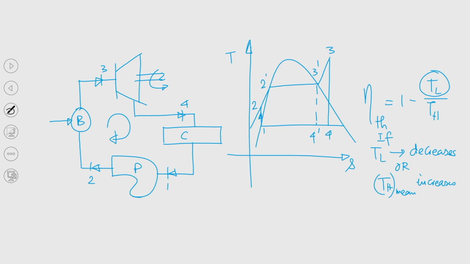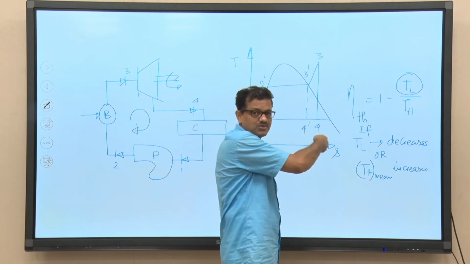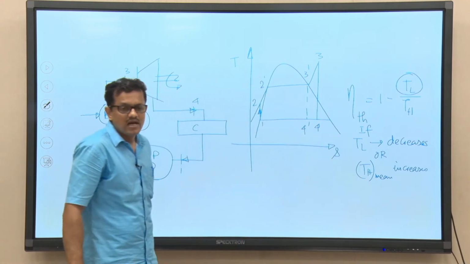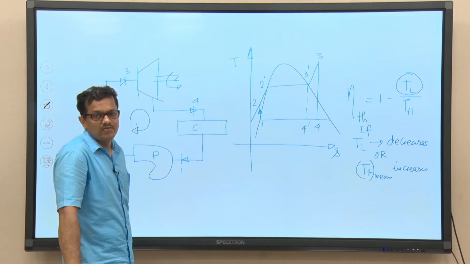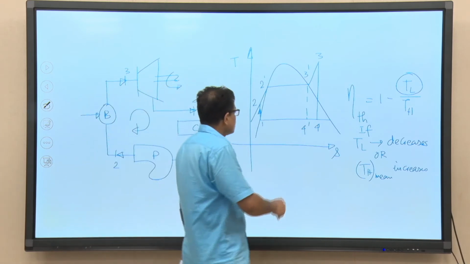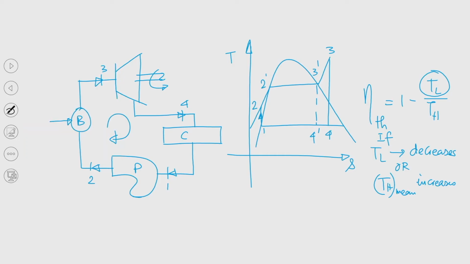So, if we try to increase the temperature of steam beyond 3 prime, we are essentially doing it to increase the average or mean temperature of heat addition. Now, fine, we can definitely superheat steam, that is not bad, because it not only improves the efficiency, but also increases the quality of the steam. So, it is also quite advantageous from the perspective of the lifetime of the turbine blade. But can we look at one important point, because our objective today is the regenerative method.